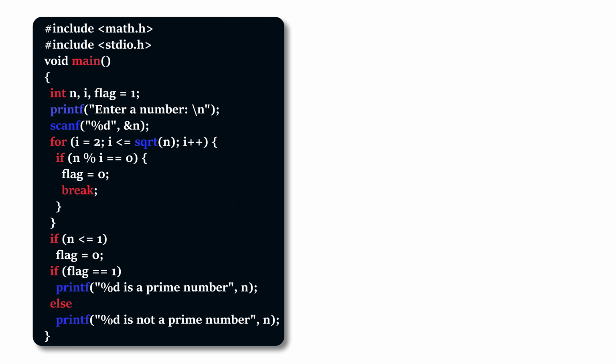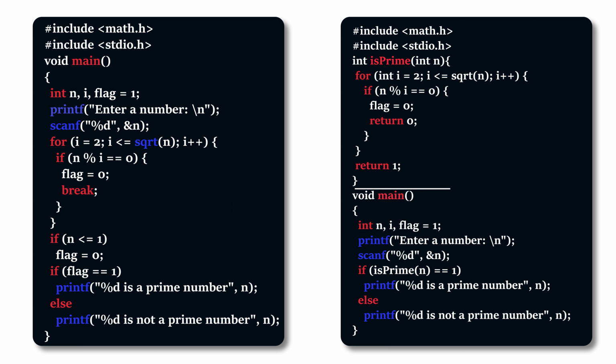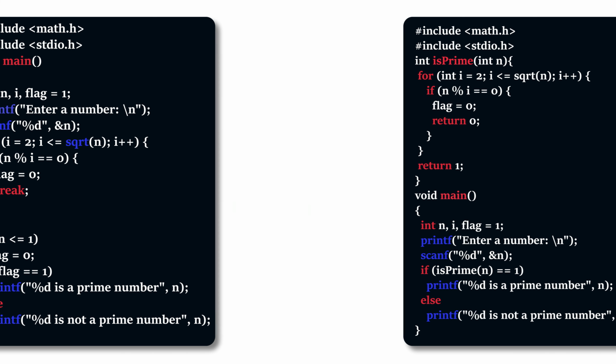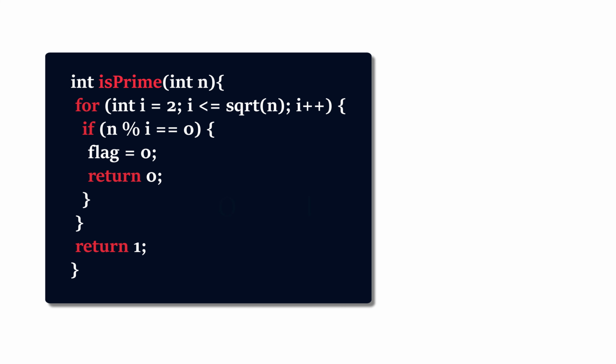For that, we need to write a function called isPrime. So the purpose of this function is to check whether the given number is prime or not. This program produces the same result as the previous one, but the basic difference is that we used functions. Let's take a closer look at this isPrime function. Did you remember the three things that I said I will explain in a few minutes? If you clearly observe this function, we can see all those three things. The function name is isPrime and the return type is integer. The parameters are a single integer.